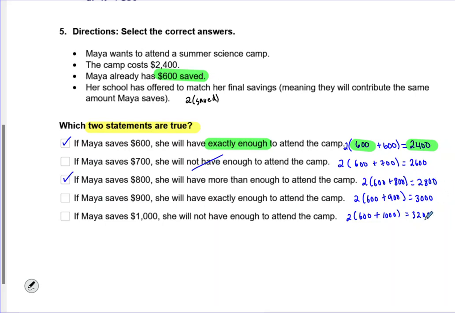Let's just go through the list and make sure that they all are okay as well. She will have exactly enough. She will have more, right? Because exactly would have to be 2400, so that's not true. She will not have enough. That's not true. She will have more than enough. Okay, so these are the two statements that we have for Maya. Okay, let me go to the